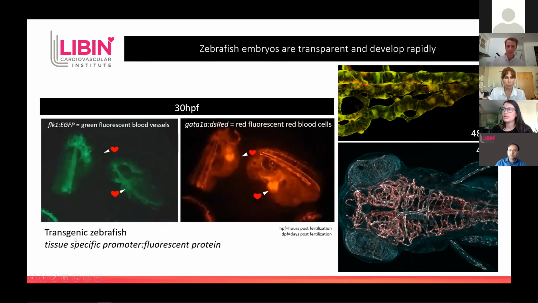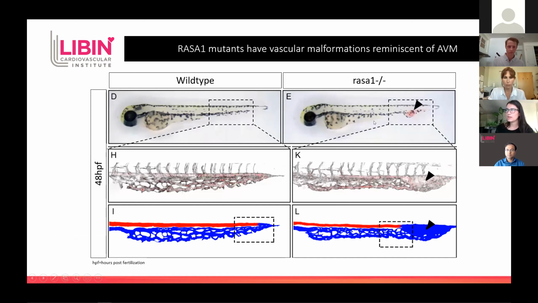So we are going to model RASA1 mutations in our zebrafish. And what do we find? We see that RASA1 mutants by 2 days post-fertilization, or 48 hours post-fertilization, have really large vascular malformations at the posterior of the tail versus their wild-type counterparts, where this is not seen. Using confocal microscopy, we can further look at these malformations, and we see that they develop at the back of the tail and predominantly seem to